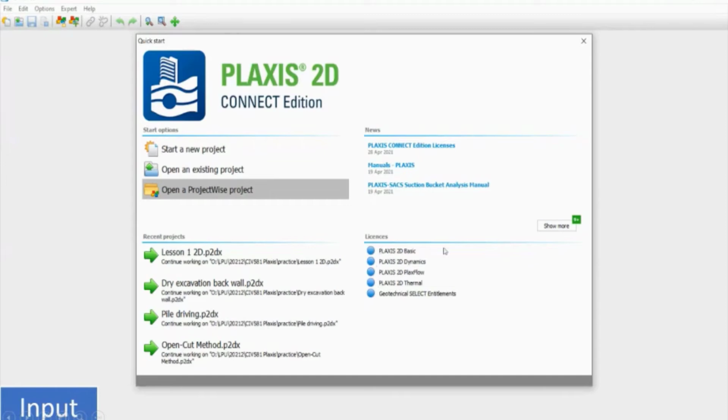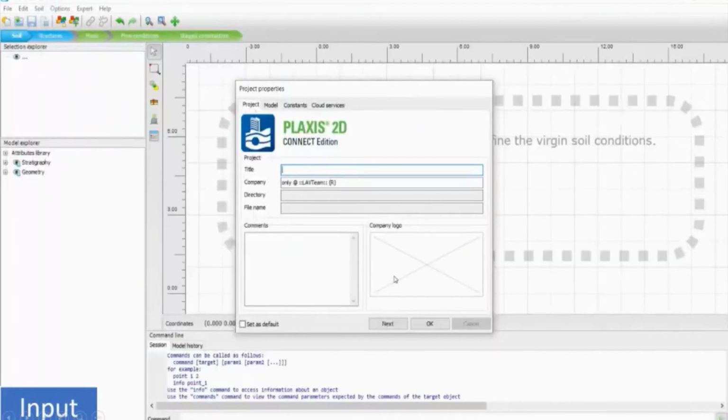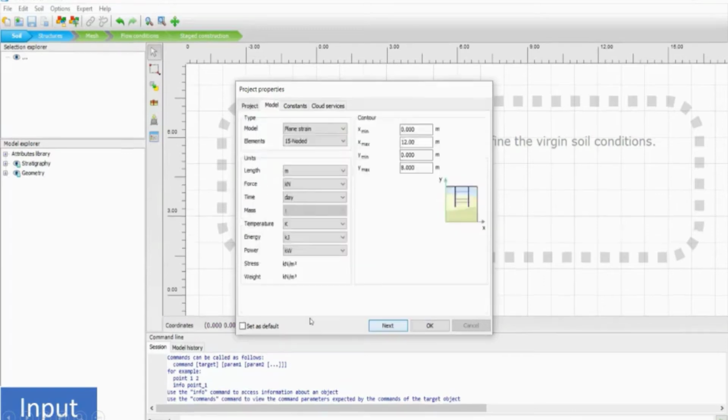It is licensed for the basic dynamic things, Plaxis flow, thermal, and geotechnical select, and you can do entitlements in this. Once we click on start a new project, we get this type of input where we have project, model, constants, and cloud services, and in title we can put comments. Finally when we click next, it goes to the model.